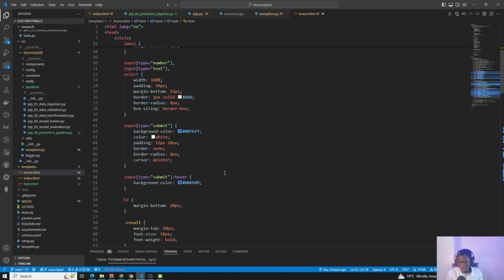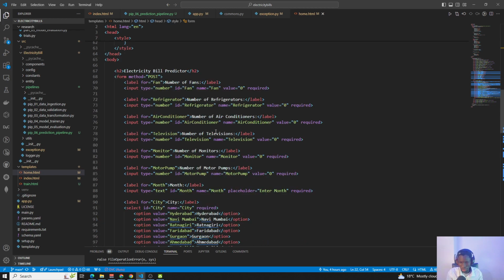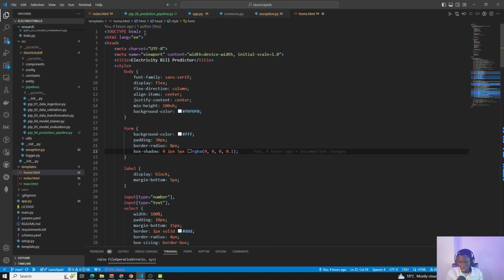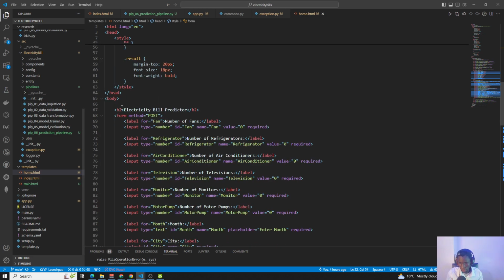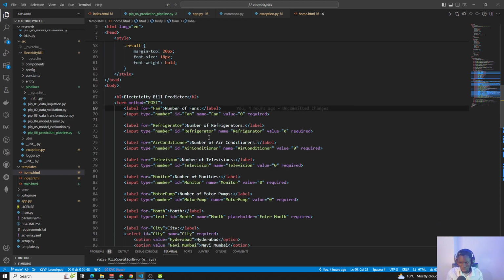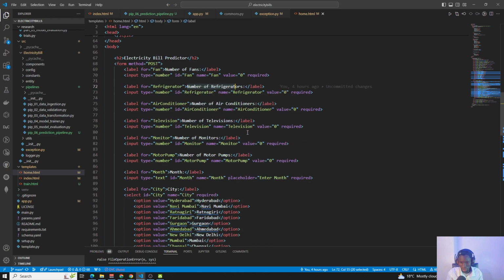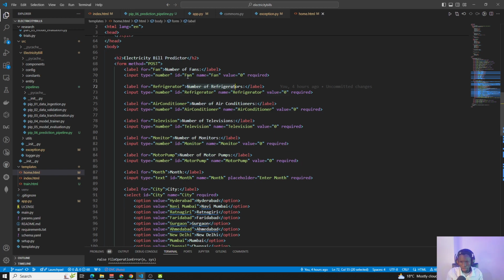So in this file, you can see this is the code, the HTML file. So you can see from the HTML it contains the different. So I did some styling here and there, and then you can see the electricity bill predictor. So a method post. So the number of fans. Refrigerator, so the number of refrigerators, number of air conditioners, number of television, number of monitors, number of, I think it's